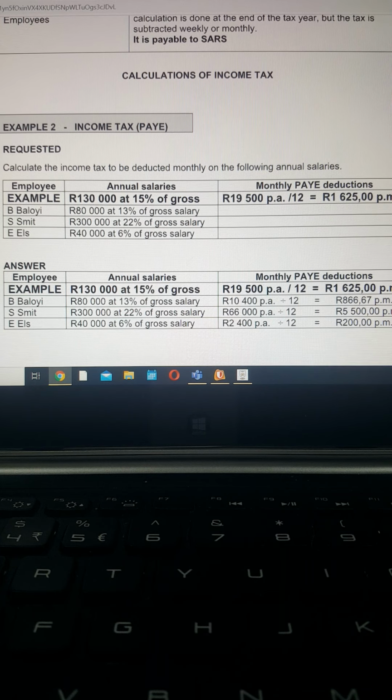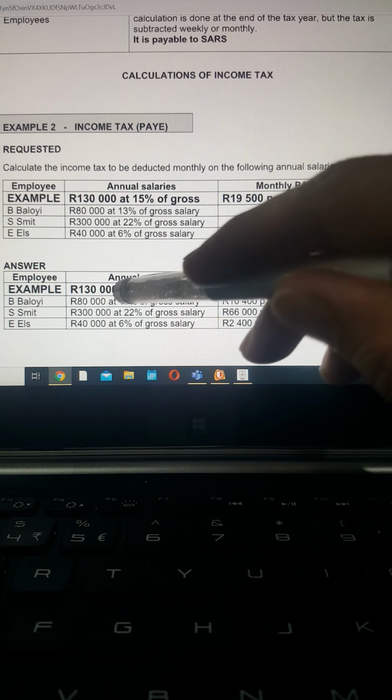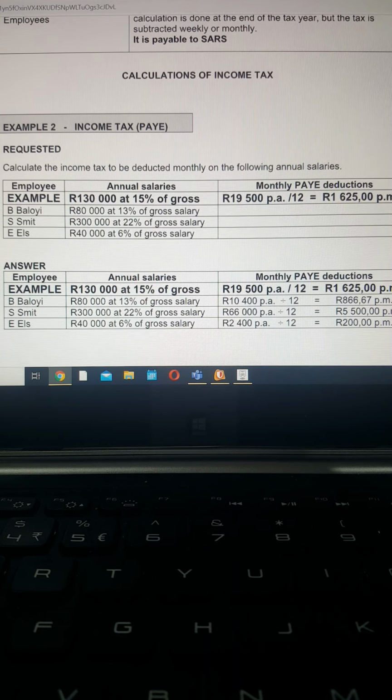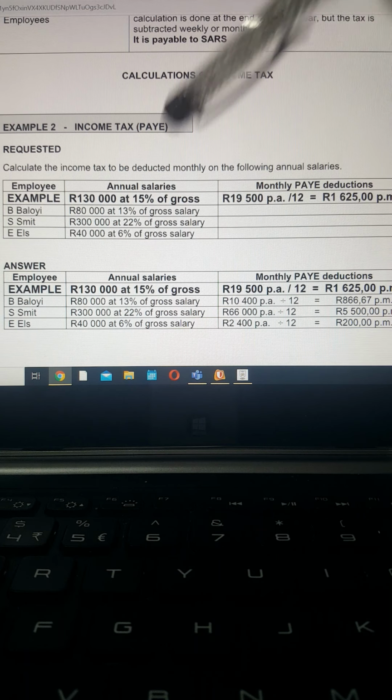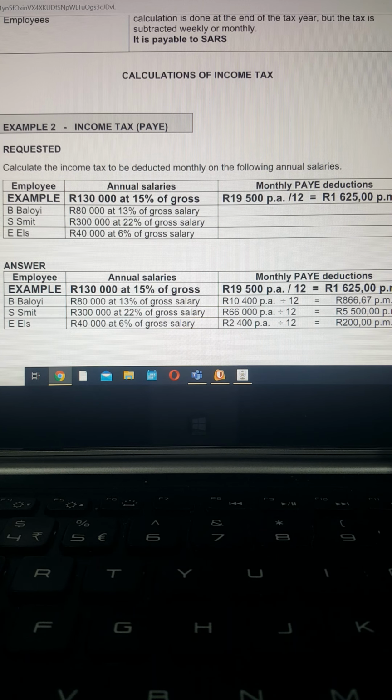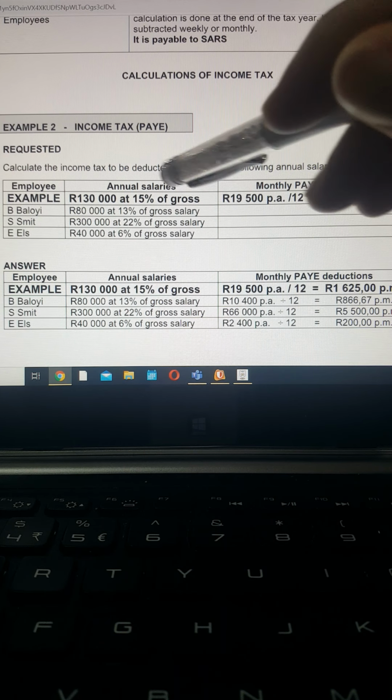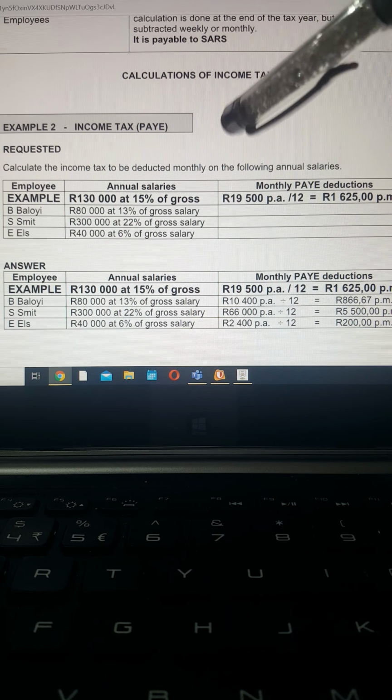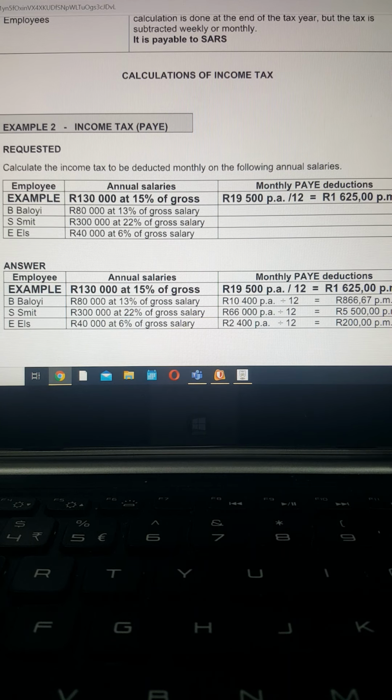Can you see what is happening in these examples? You've got a tax rate and you've got a salary. Then you work out your amount of PAYE you have to pay for the year. But the question is asking you how much must be deducted monthly. So this is what happens. So if you're earning 80,000 Rand